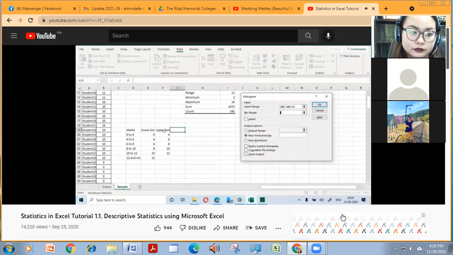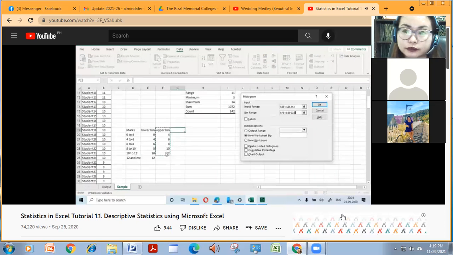So you only need to choose upper bin, and remember I have chosen from upper bin till 12. Now you might ask why I'm ignoring the other row. You will see that Excel will automatically compute the remaining data if it's falling out of ranges, and will put it in the last bucket automatically.